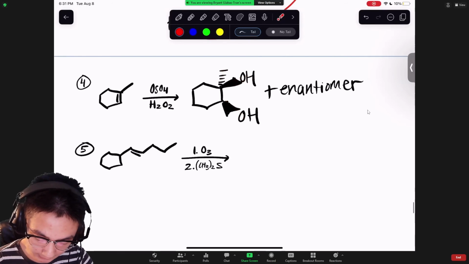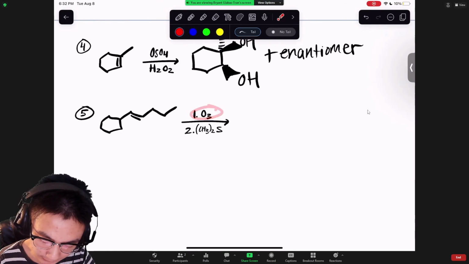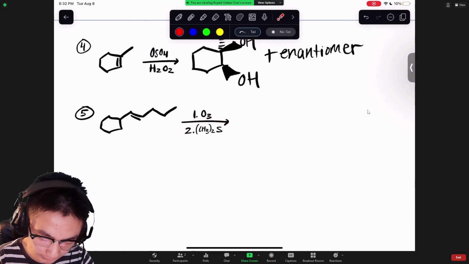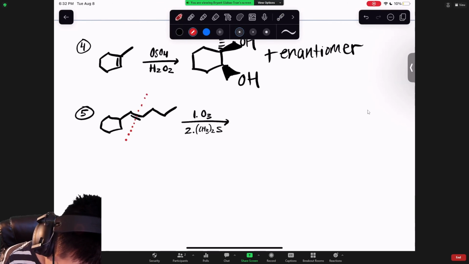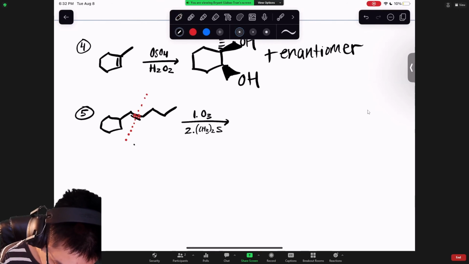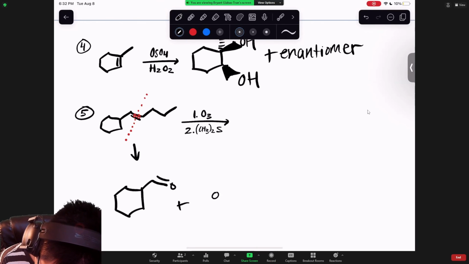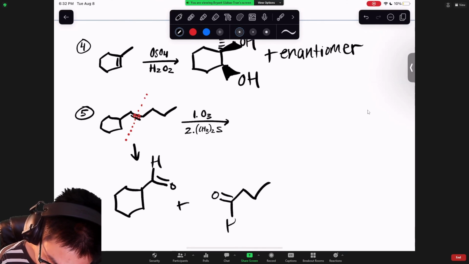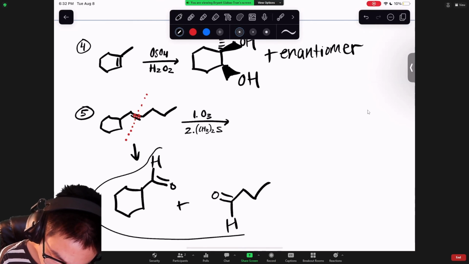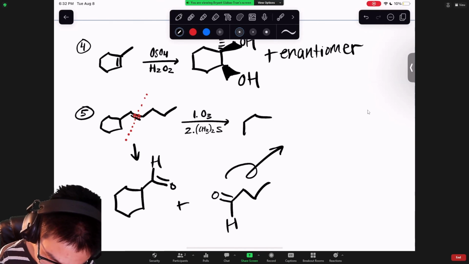So now let's move on to the fifth and last problem. We see we have an alkene with O3 and (CH3)2S. This is an ozonolysis reaction. So what I do is I cut the alkene in half and add oxygens at the ends of those alkenes and redraw them as such, like that and like that. We see that this carbon here has a hydrogen and this carbon here also has a hydrogen. We could leave it like this as the answer, but to redraw this into a neater way, we could draw it like this. Since this is an aldehyde, we could draw that as CHO,